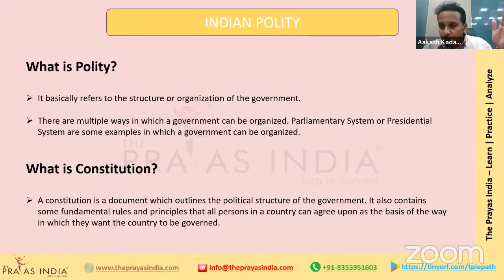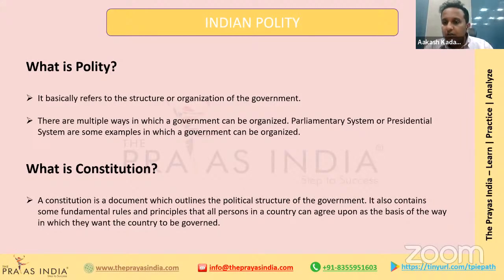Okay. So in modern times, what has happened is, after India was under British rule for almost 200 years, and after we gained independence, our constitution makers came together in the Constituent Assembly, sat together, and then framed the Constitution of India that we see as it is today.